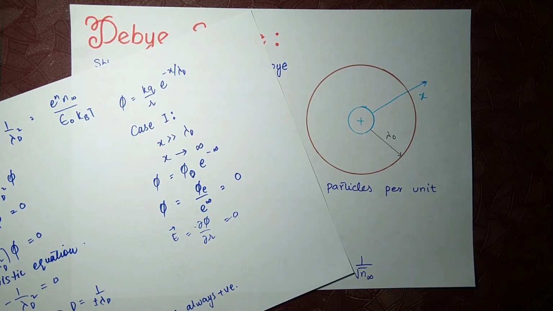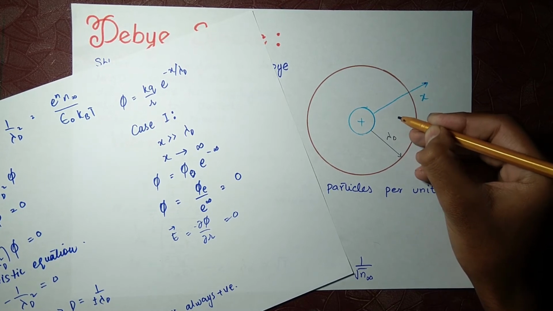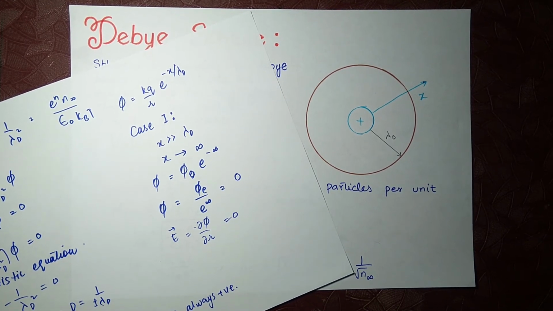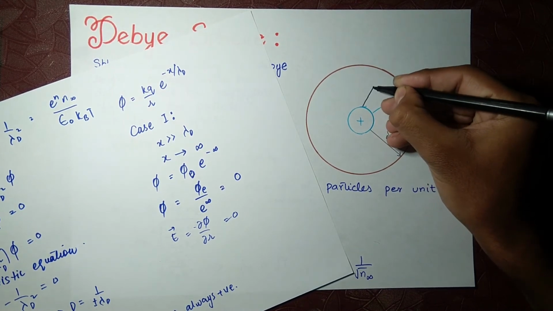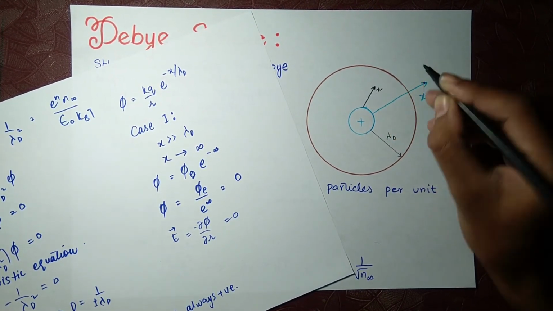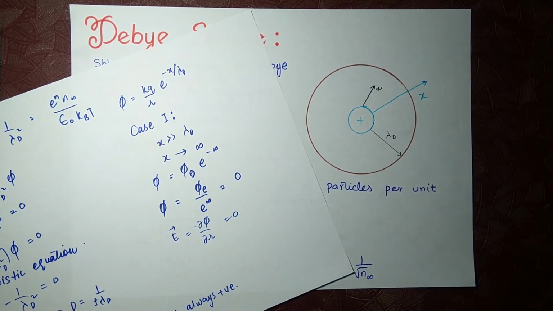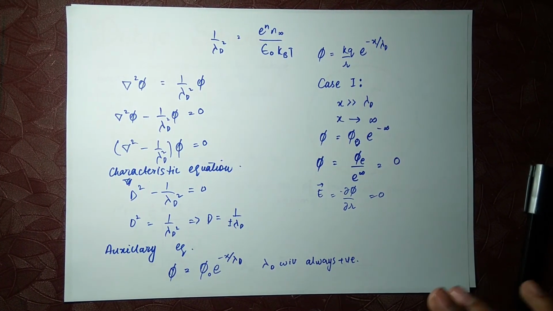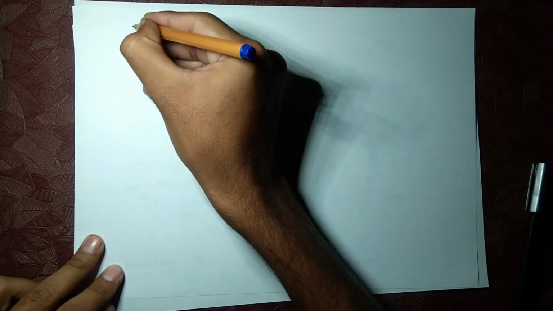In our second case, this particle is lying inside the sphere, let's say x is lying here, and now you can see lambda d is greater than x. So for case number 2,